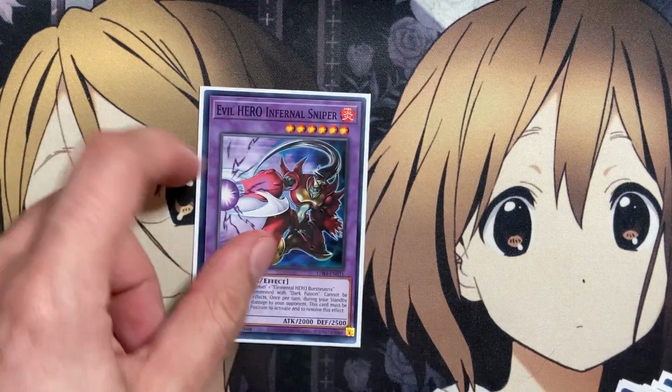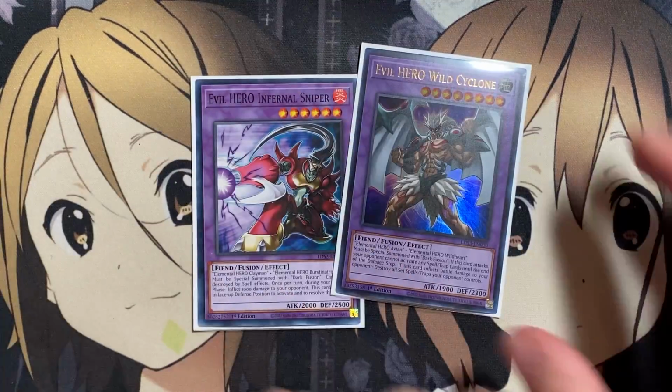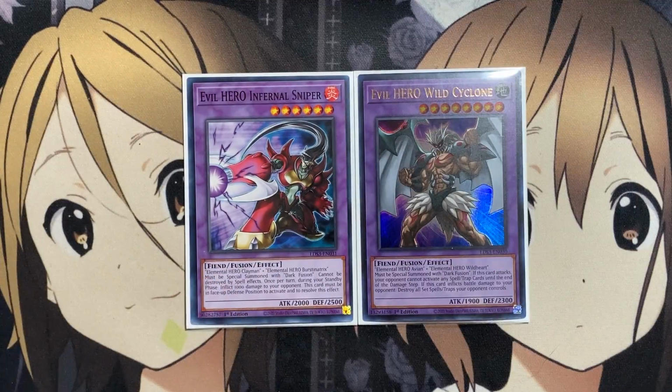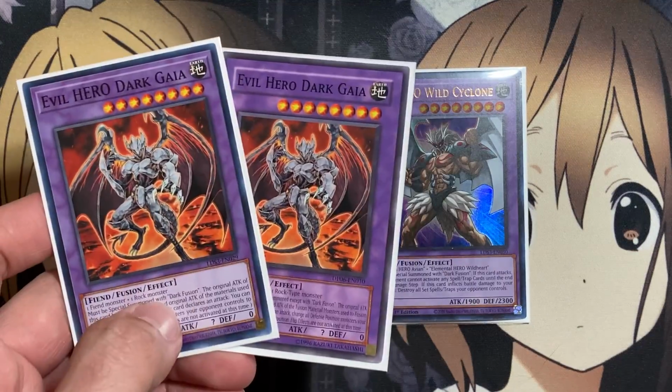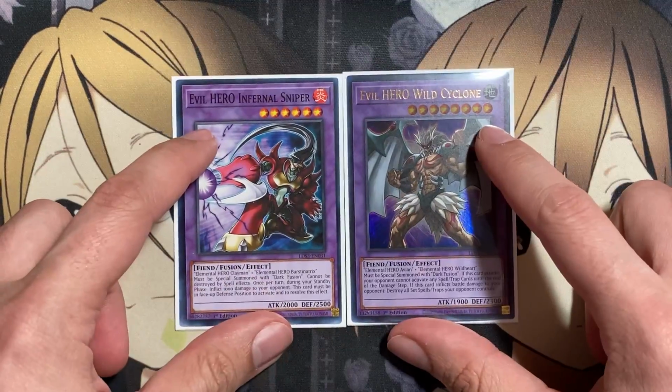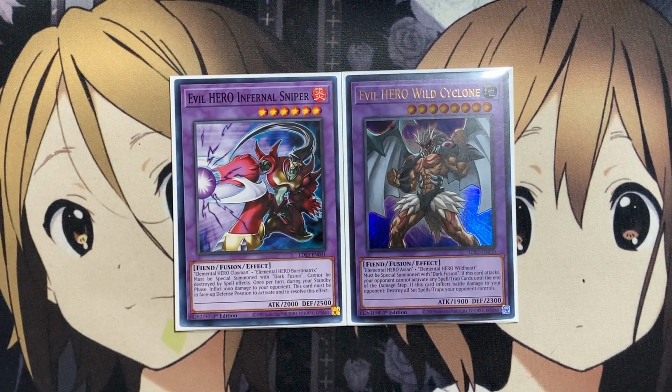Now, for the more generic ones, I have the 1 Infernal Sniper and the 1 Wild Cyclone. If you wanted the Avion and Burstinatrix fusion to include in the deck as well, you can just drop Dark Gaia down to a 1-of count to add that additionally into the deck. But I like both of these effects more, and I find them to be fun and a lot more consistent